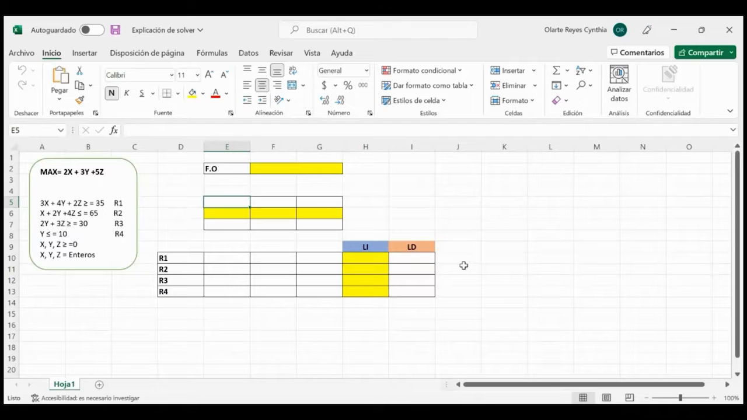Continue with the explanation. In this part, the decision variables are placed, that is x, y, and z. And here in the yellow part will be the resolution of the decision variables. In the wall parts, what a completion in the objective function is placed for each variable, that is for